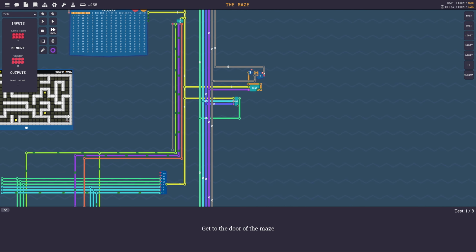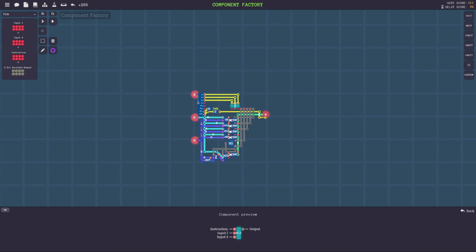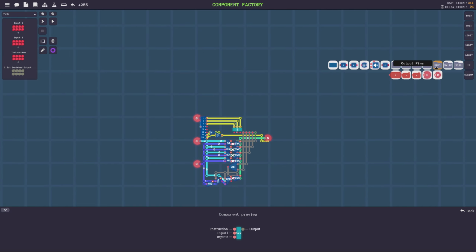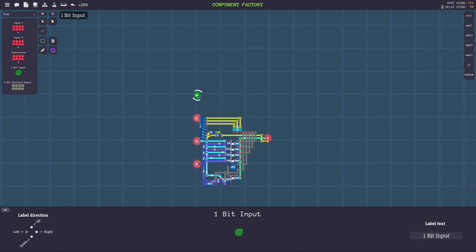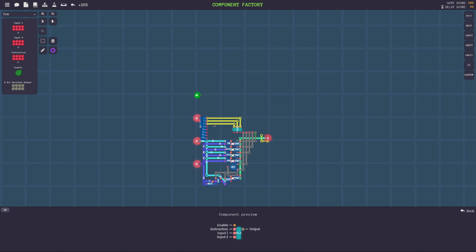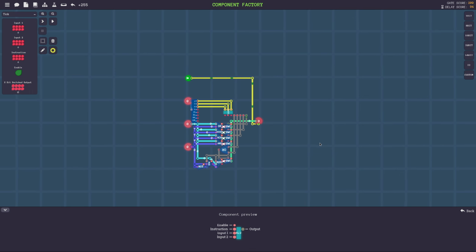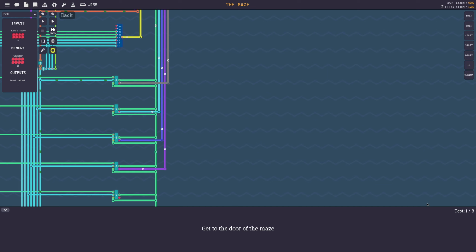line. So now I can go completely insane, and I can add a 1-bit input, which is gonna be enable. I still need the instruction, but the enable thing will now be enabling, because I need the instruction to infer opcode for these 3 bits. Yeah, I'm really going over the top. I know I am. But